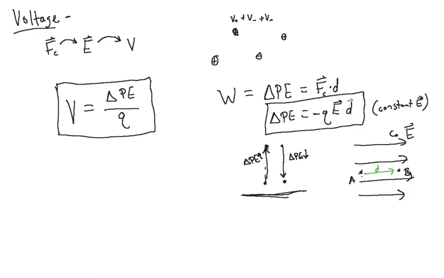And if you think about it, if we had a negative charge here and we let it go, it would want to go to the left. It would want to go in this direction over here. But if we're forcing it to go to the right in the direction of the electric field, that's the way it doesn't want to go. Negative charges want to go against electric fields. We're making it do what it doesn't want to do. We should have an increase in potential energy, and the equation gives it, thanks to that conventional negative sign that